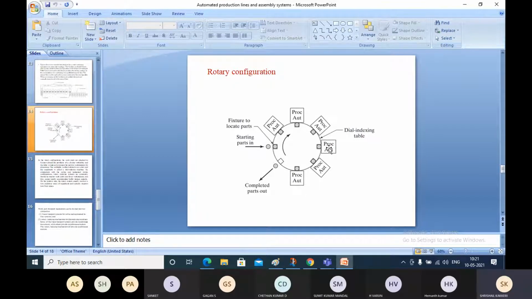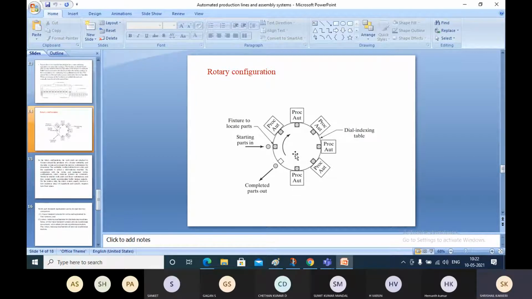While it is rotating by 360 by 8, you can see that there are 8 workstations, including the loading station and unloading station. There are 8 workstations, so definitely it is a 45 degree rotation; you can see that 360 degrees divided by 45 indicates 8 stations. That means once the indexing table is rotated, it will be advanced by 45 degrees. Okay, sometimes they have asked for a simple problem. Those problems, 1 or 2 problems, I'll present to you in the later classes.